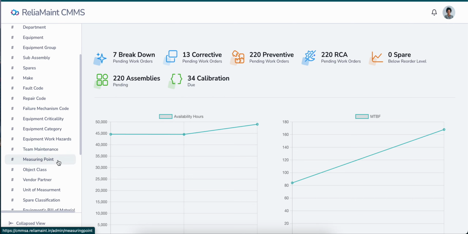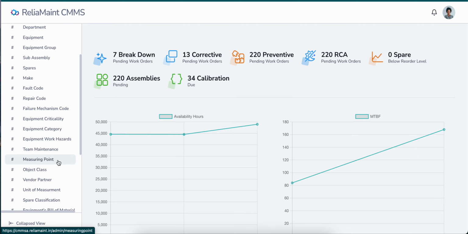Then we have an important aspect, the measuring point. Measuring points are fundamentally assigned to equipment. They are used to measure a certain entity. They can be an instrument or a simple count. They trigger a certain work order based on the settings.